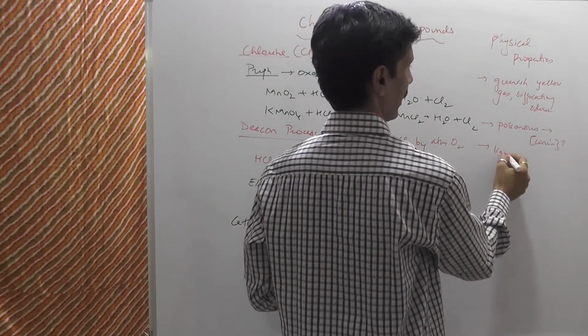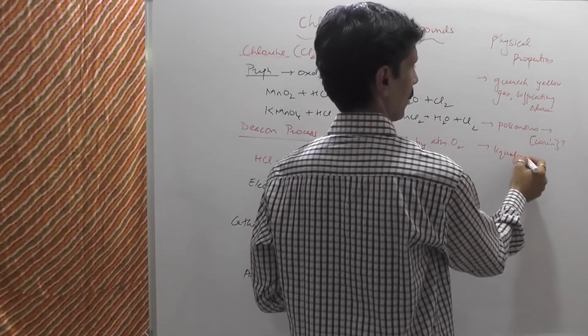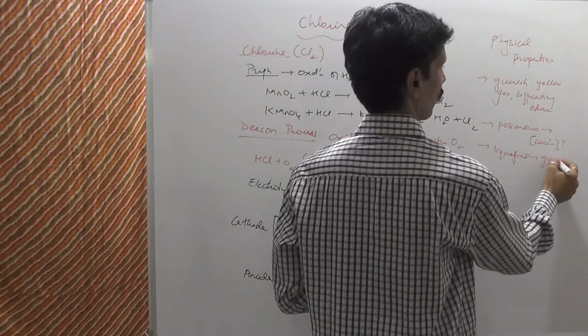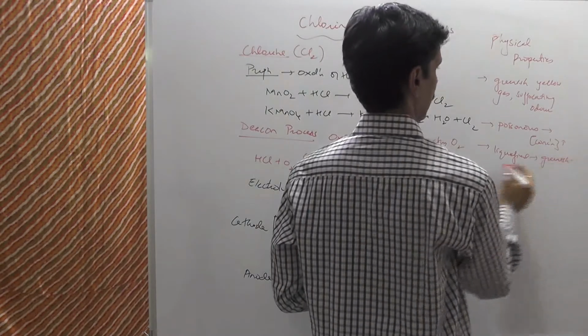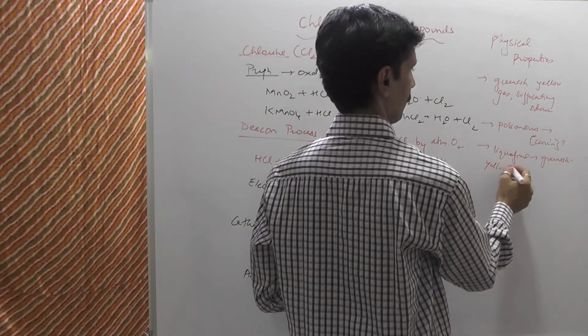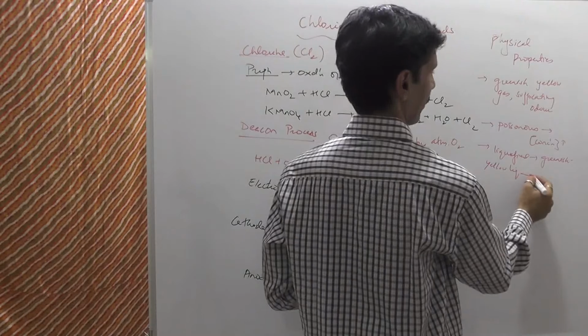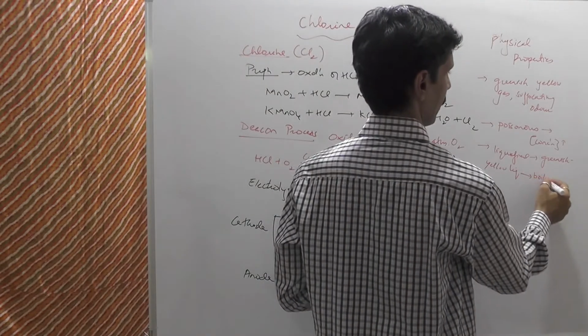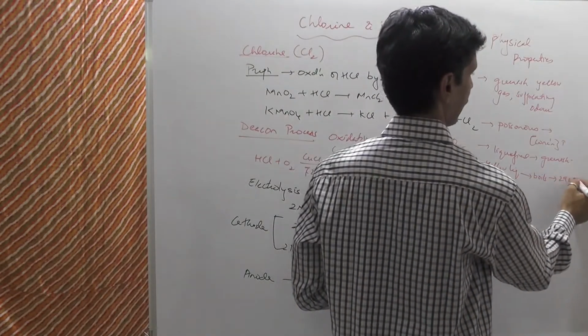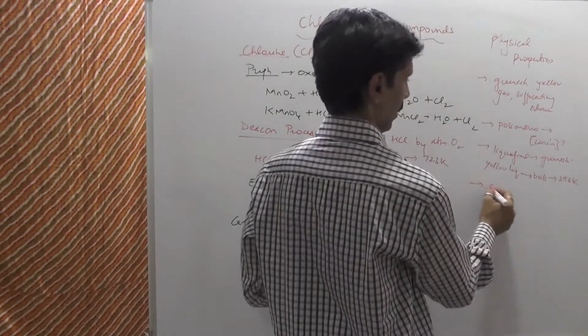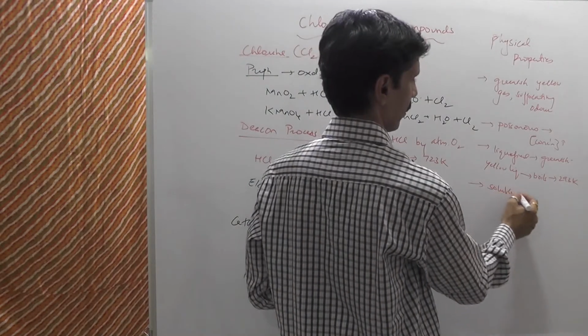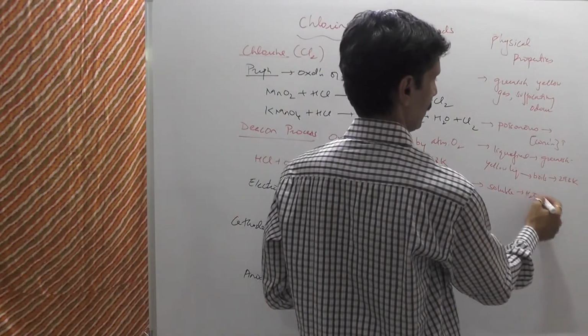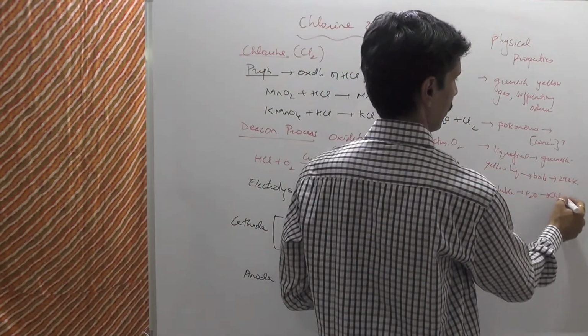It can be liquefied to a greenish yellow liquid, and this liquid boils at around 293 Kelvin. It is soluble in water, and that is called as